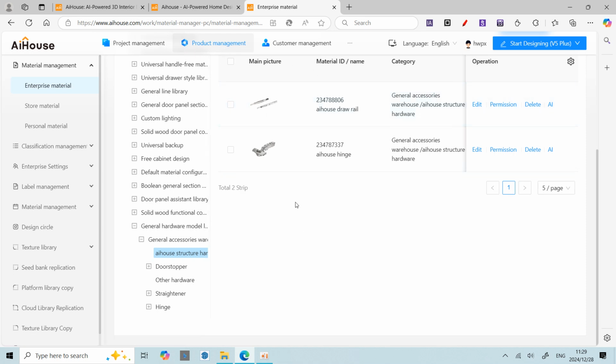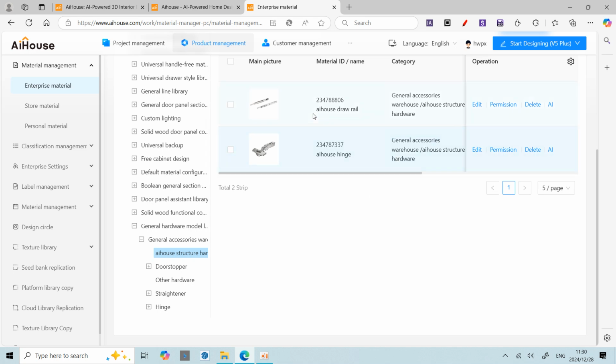Please remember the directories must be linked to this one, so they will be in the general hardware model library, in the general accessory warehouse. As long as you want this accessory to come with the fitting you added, and you want to see it in your quotation,